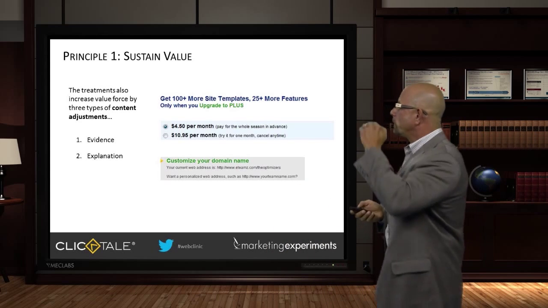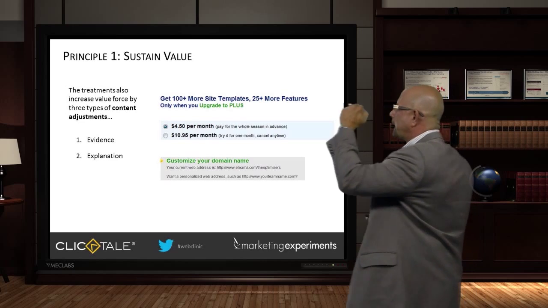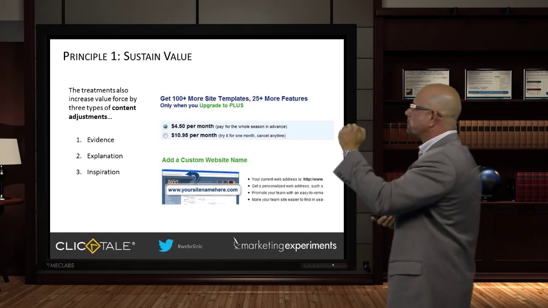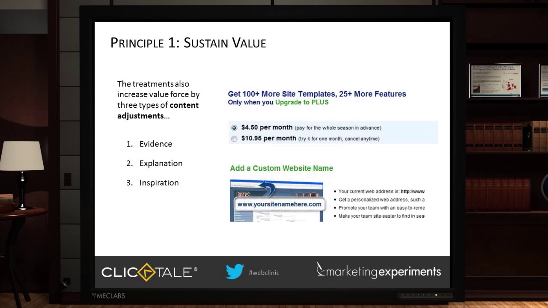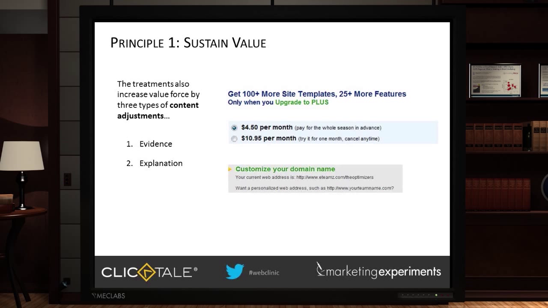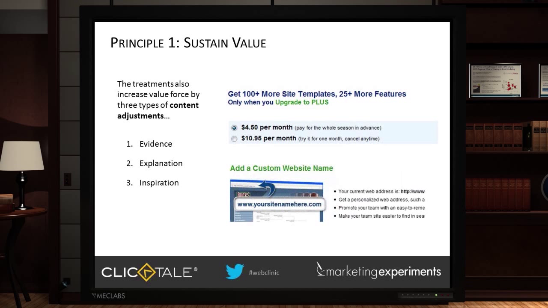Let's look at a third one. So there's evidence, there's a clean explanation, and here's a third way, inspiration. Notice how we use, let's just go back again. Simple, customize your domain name is turned into something that has appeal. You can imagine your name here at that place on the page. You realize that this is your website with your name on it. And in addition to that, you see your current web address is X and get a personalized web address such as